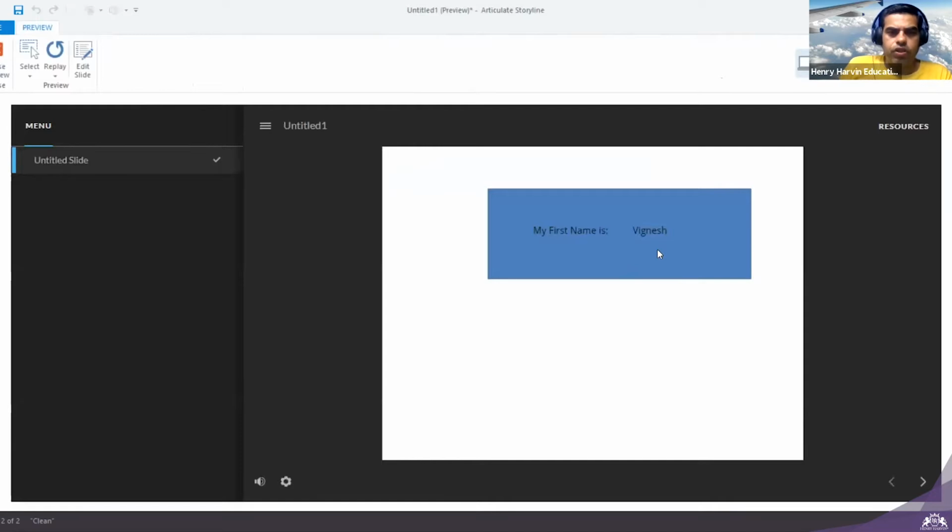Let's change. So everywhere if I go, it will be Vignesh. Okay, so just understand the funda of a variable. It's storing some value which you can use again and again, and you can change as per your requirement. Understand variable? Yes. Correct. Okay, still we can see some more examples.